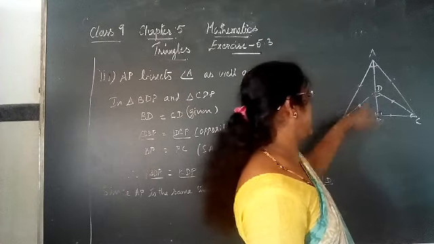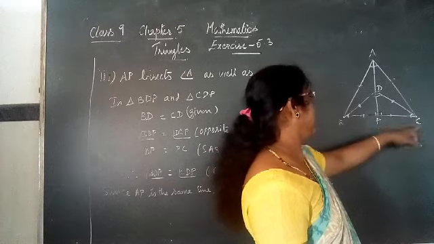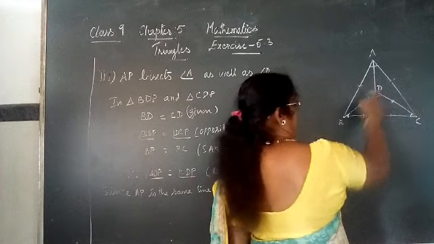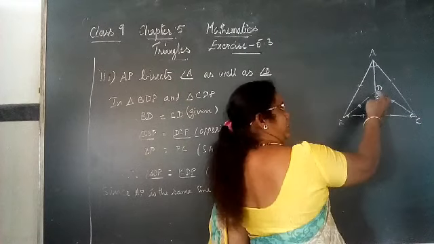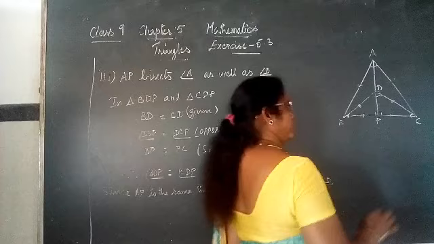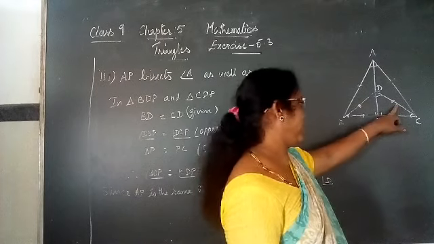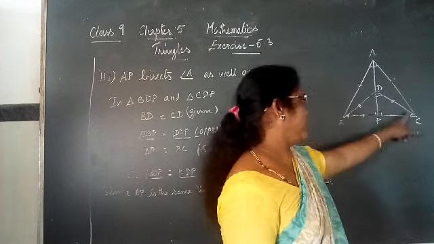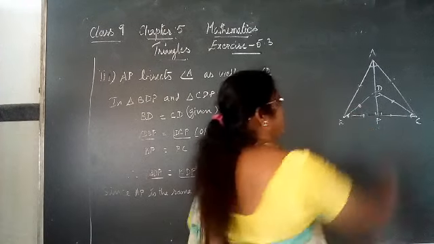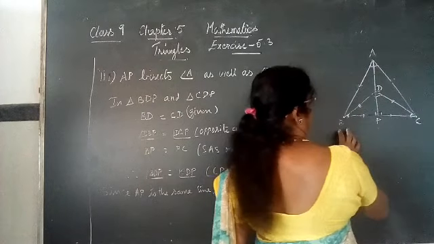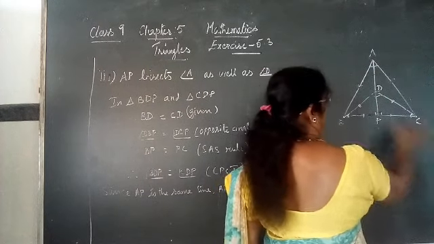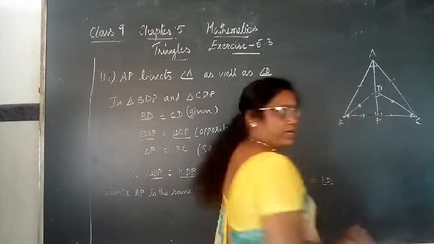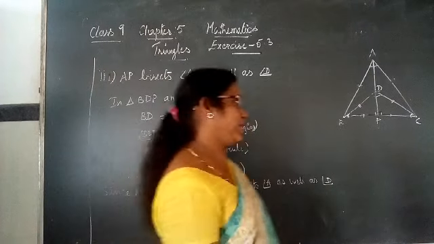Now, let us consider the triangles BDP and CDP. In the triangles BDP and CDP, it is given that BDC is an isosceles triangle. So, BD is equal to DC. The two sides are equal, and if the two sides are equal, what about the two angles? They are equal to each other. And we also know that triangle APB is congruent to triangle APC. The two triangles are congruent. Hence, the two angles are equal according to CPCT. They are the corresponding angles.